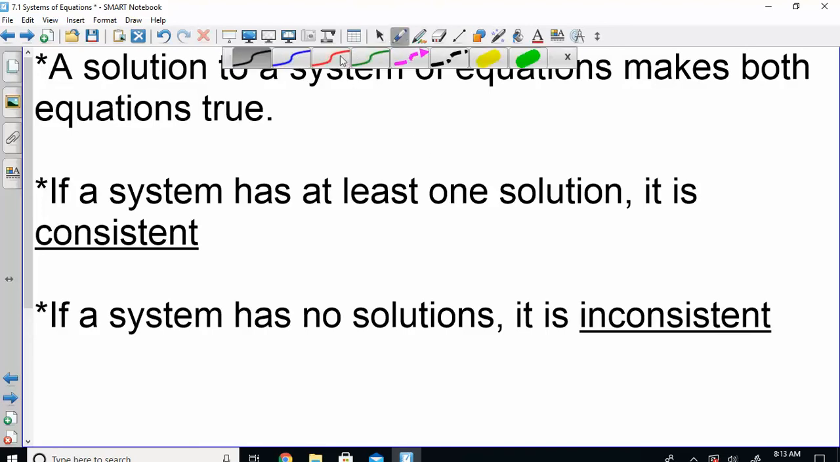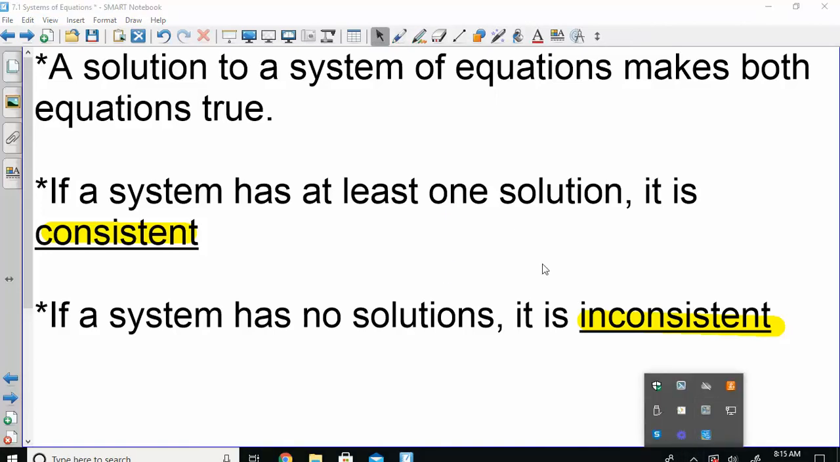If it has a solution, we call it consistent. If it has no solution, it's inconsistent. So you need to know what consistent and inconsistent are. Consistent has a solution, inconsistent has no solution. We'll use those terms as we're going through this. In terms of a graph,